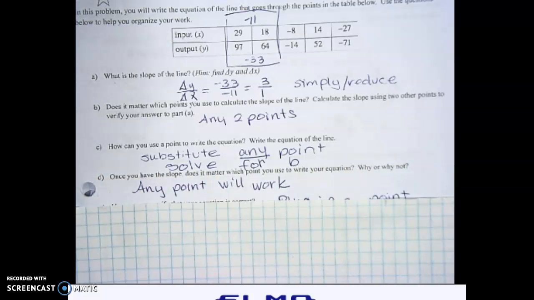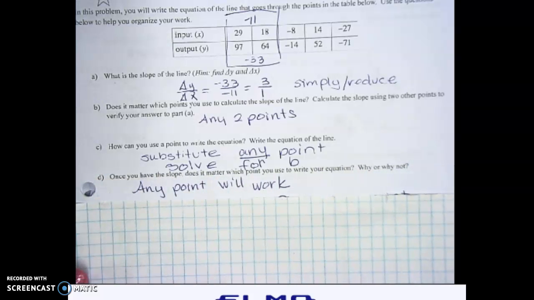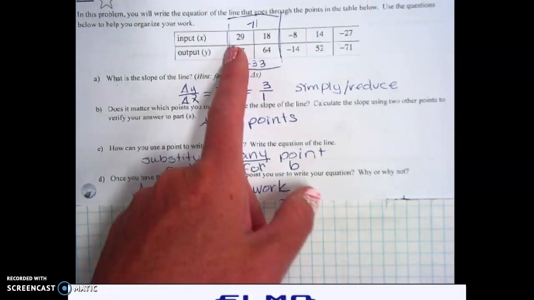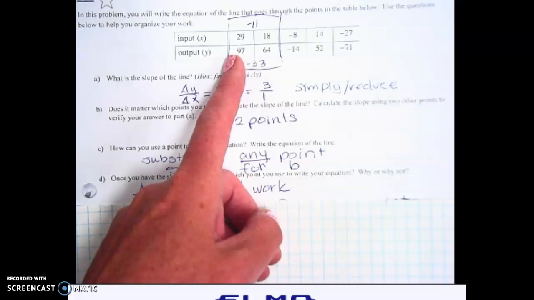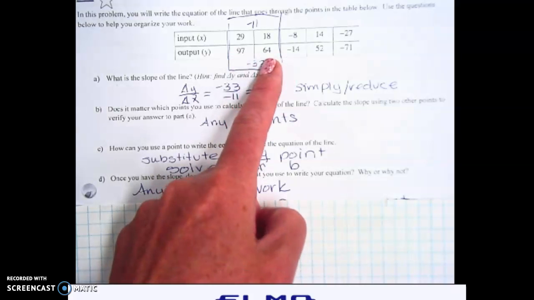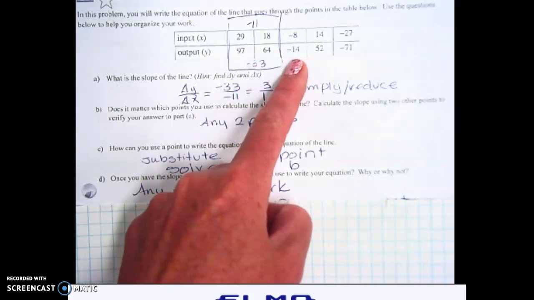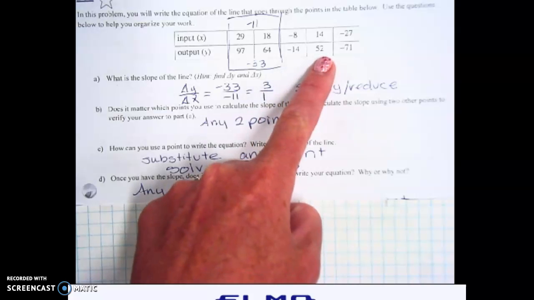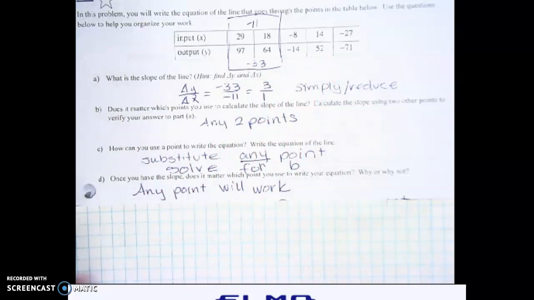Part D says, once you have the slope, does it matter which point you use to write your equation? Could you use this point? Yeah. Could you use this point? They're all on the line,